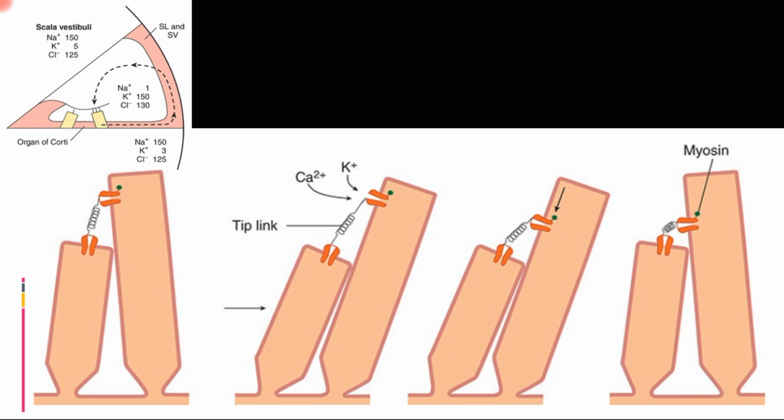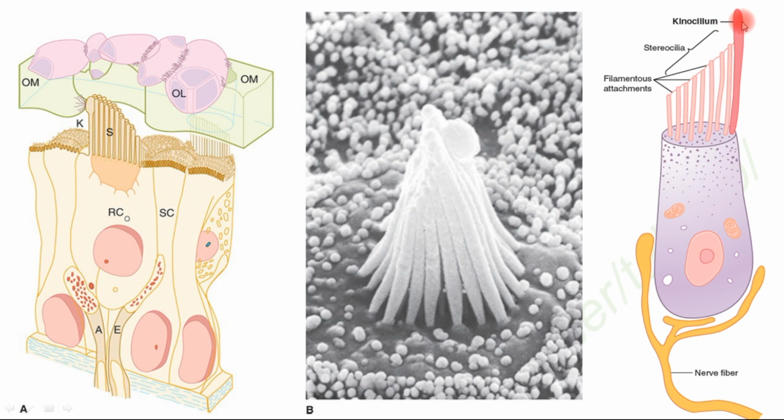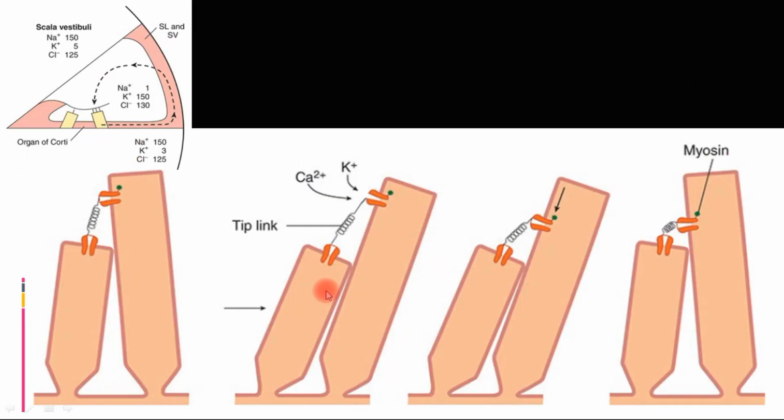So if the hair cell is tilted towards the direction of the kinocilium, each of them will be bending towards the subsequent higher or larger stereocilia. So this is what is the case. Each of them is bending toward the kinocilium, and as you can see, the filamentous material we were discussing, called the tip link protein, gets stretched, and when it gets stretched, it opens up the ion channel.